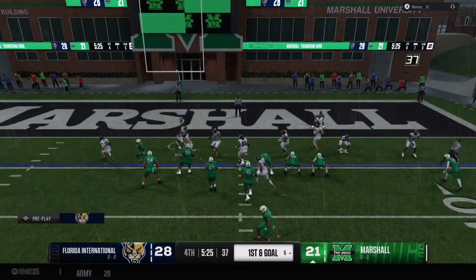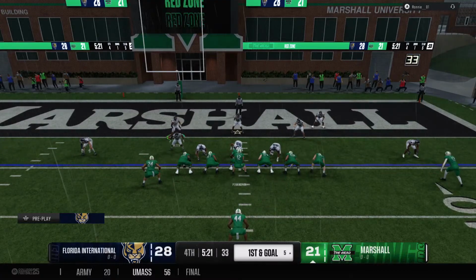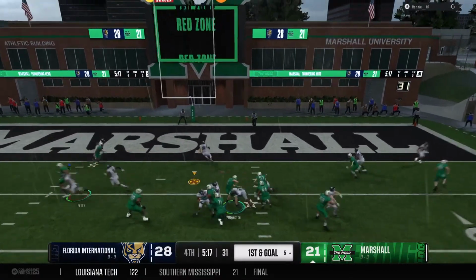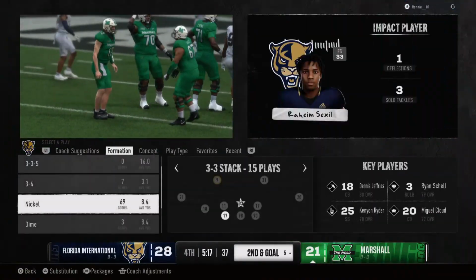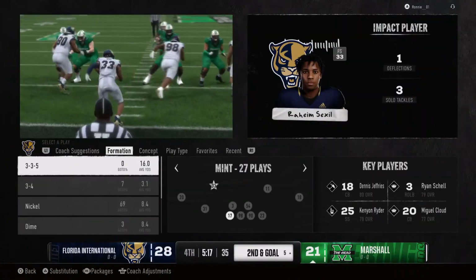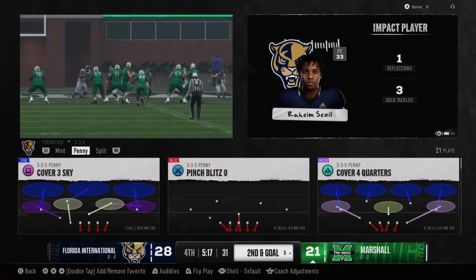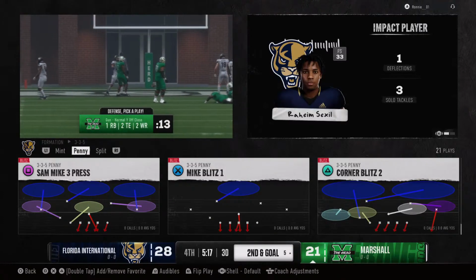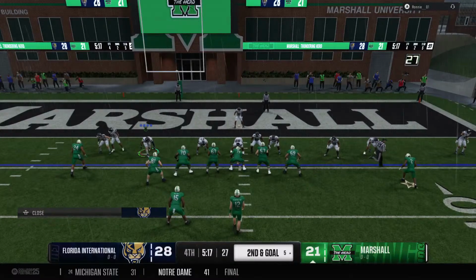Marshall quick to the line. To the air, it's Pennington. Hit hard just as he released it on first down and just couldn't get it to the receiver. And finally, the defense is able to get some pressure on this quarterback. They had been trying all game long different ways to affect him. Weren't able to get there. But on that play, because of the pressure, it affected his accuracy. That's why the ball falls